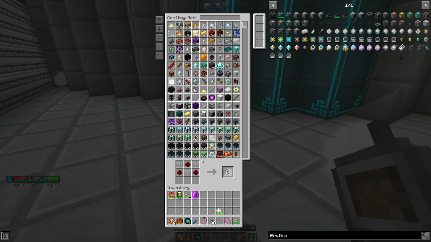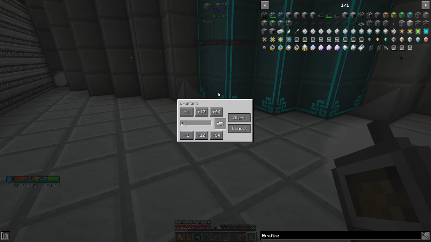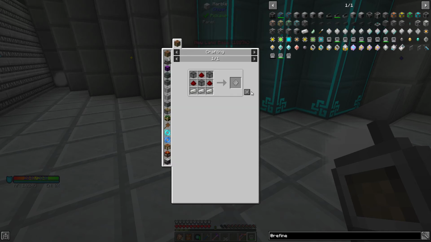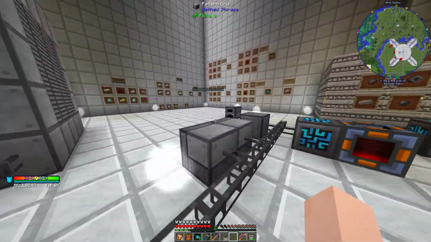Oh, we ran out of quartz enriched iron. Let's just make some more. You can probably see this in action now. One I've already made earlier. You'll see it show you a crafting preview of what we've got available and if we can start it. And you can see it's doing it away quite quickly. Right. So what we're going to then do is